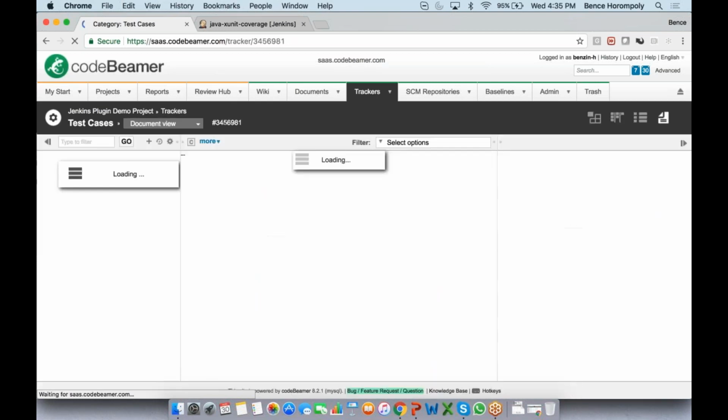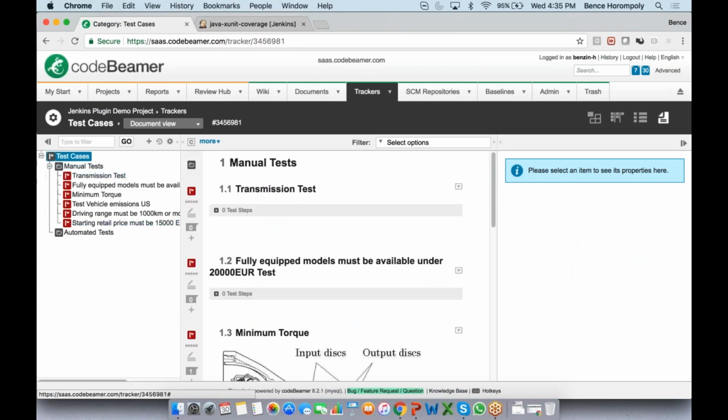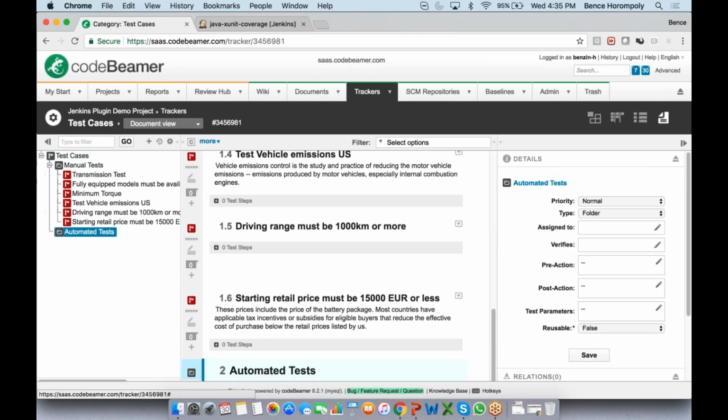And then test cases are broken into manual tests. So I have a few that I've written that I have added. I can add test steps to them, and then I can go through and execute these steps and just say passed or failed. And I have a few in this automated tests